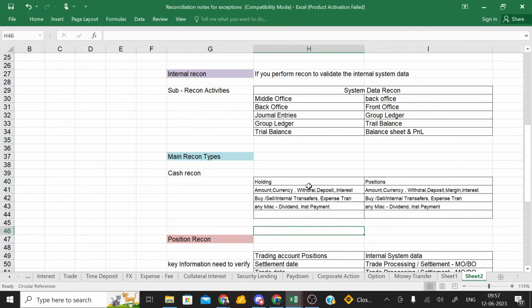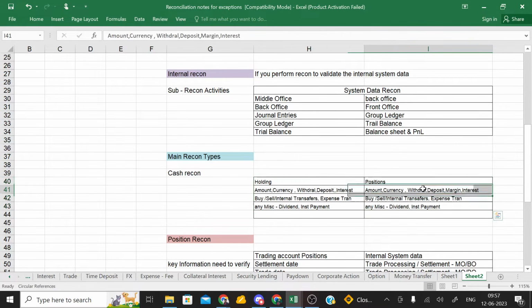So this data is required, and under cash recon you would see a similar set of transaction types: buy, sell, incoming wire, outgoing wire, withdrawal, then pay downs, DC, delayed compensation, cost of carry,